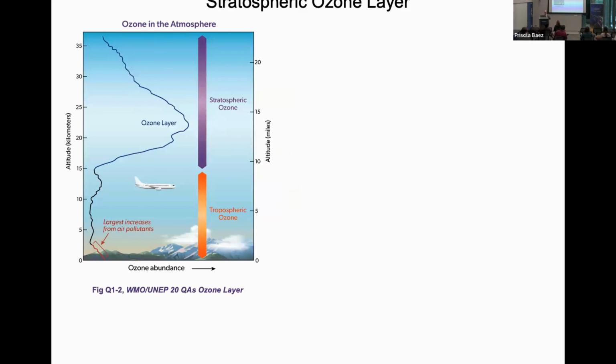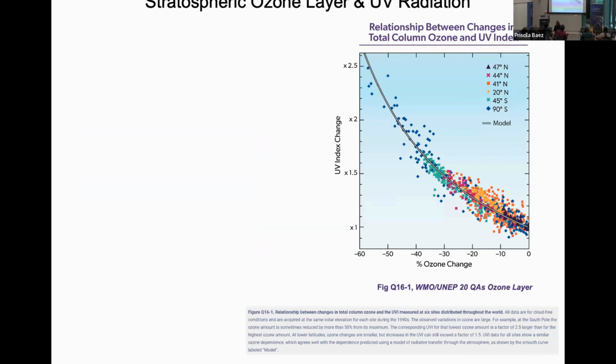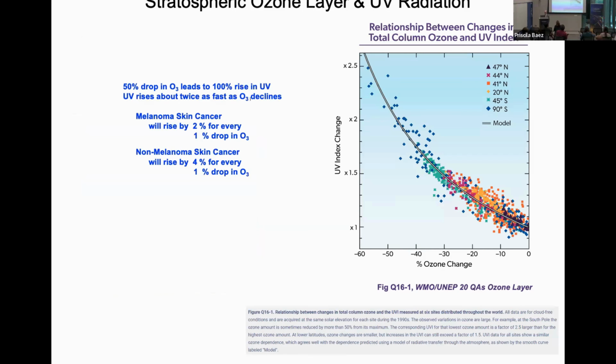And we care about that because we have observations that show that as we deplete or change ozone here, the changes are huge because we're going to different geographic regions. We're going to the South Pole where we have the ozone hole that I'll talk about soon. What we see is that for about a 50% decline in ozone, we have about a 100% increase in UV light. So for a 50% decline, a 100% increase, I want to put my cursor around here, so it doubles.